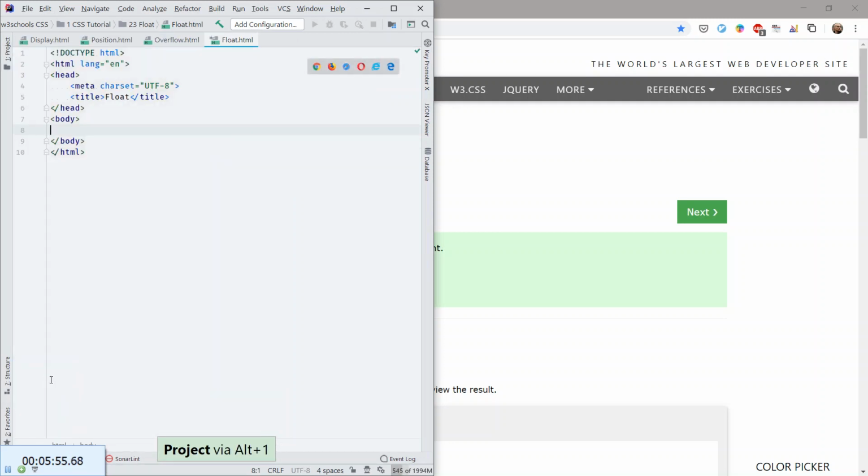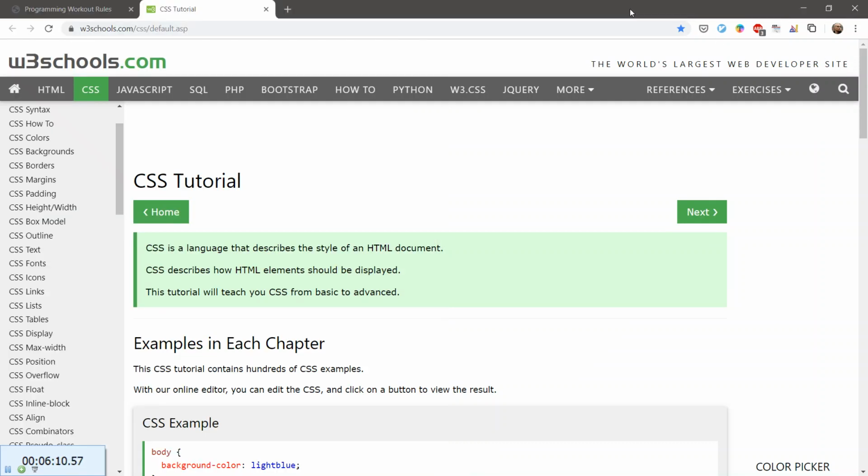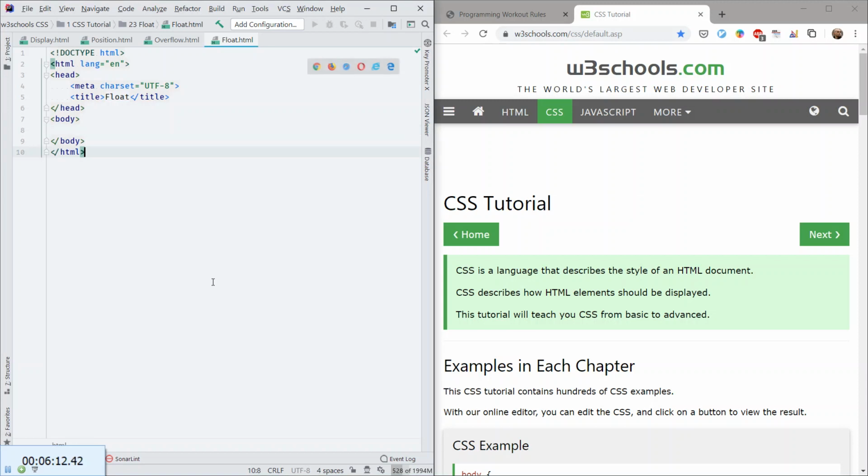Alright. So, float is, I think, somehow about the position and overlapping of the elements. I don't recall exactly, but let's do div